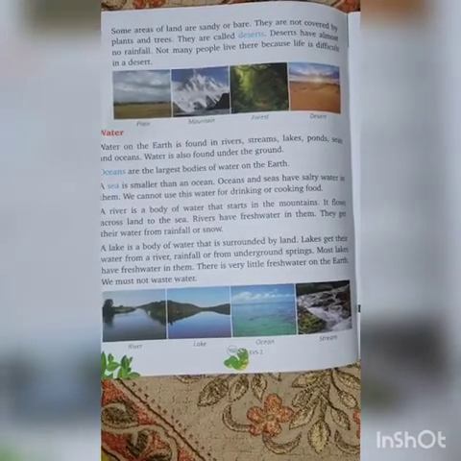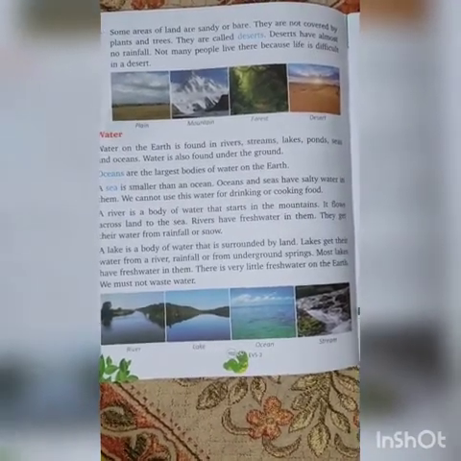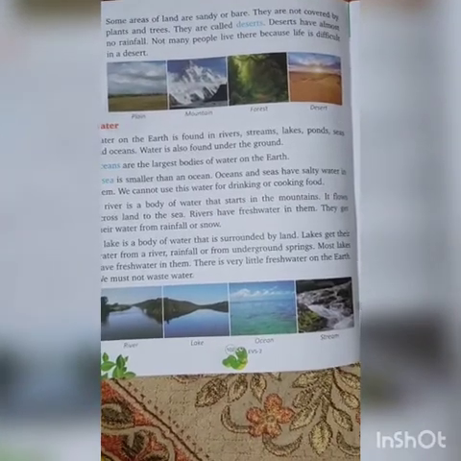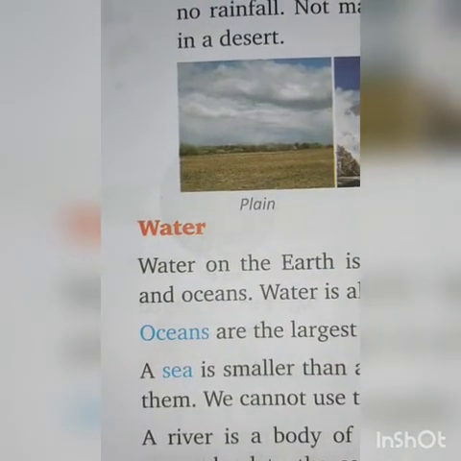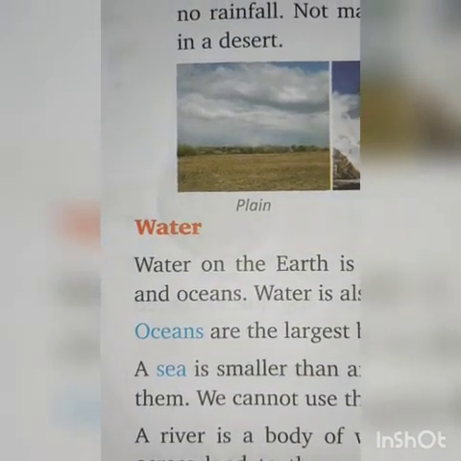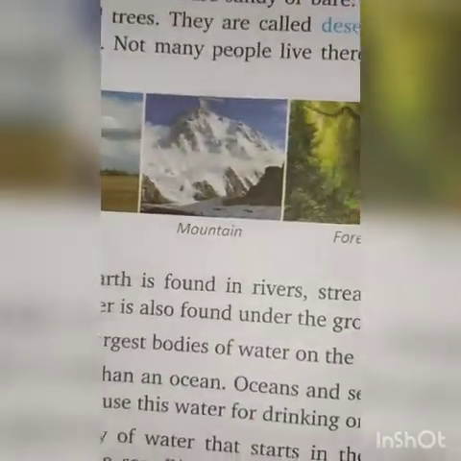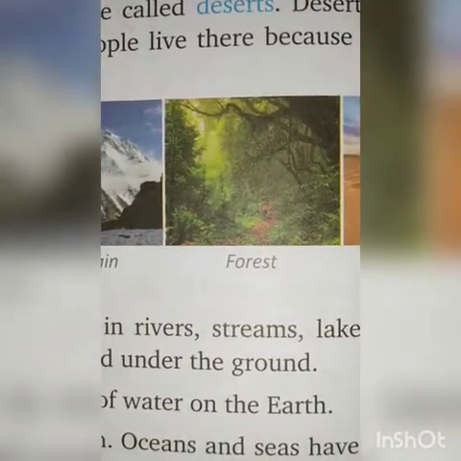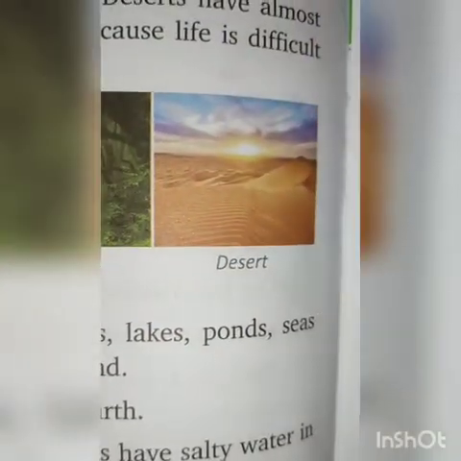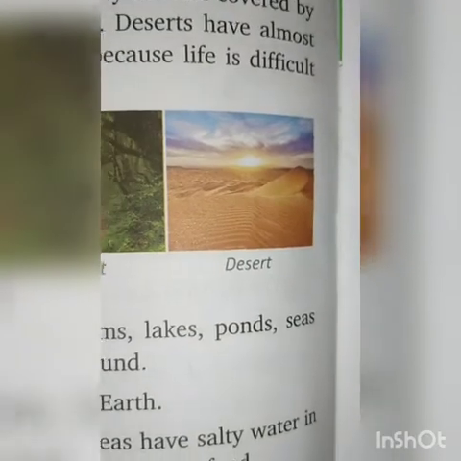Not many people live there because life is difficult in a desert. Then see, on plains we can easily grow plants. The mountains, forest, many plants are there, and desert, sandy land.